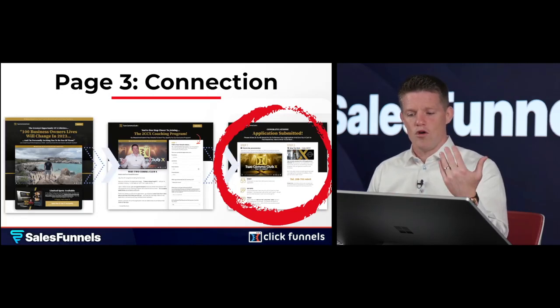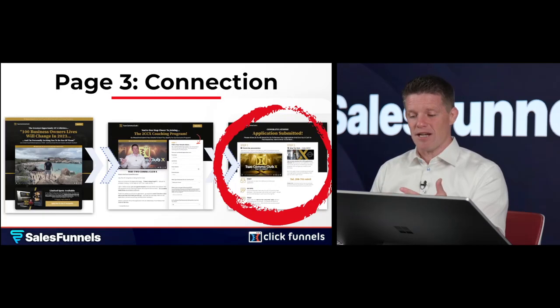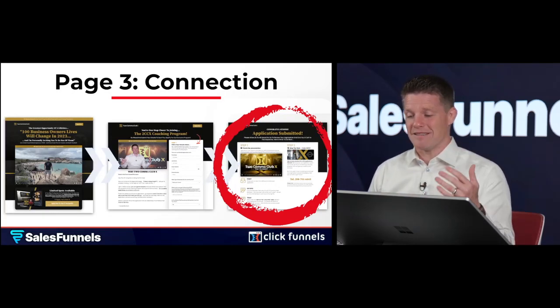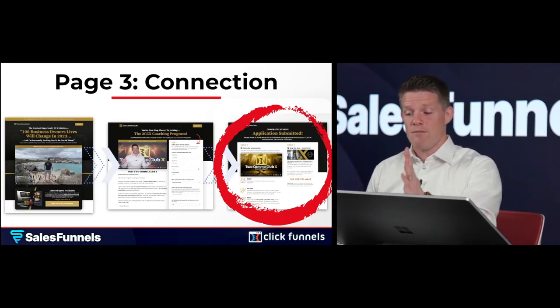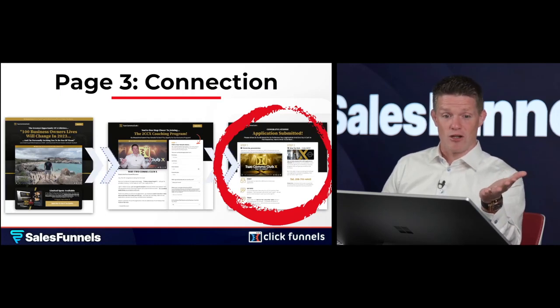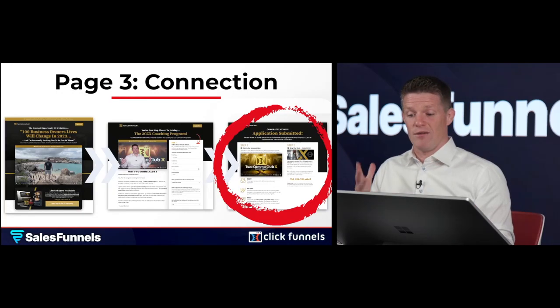We do have someone who can jump on the call and take credit card applications if you want. But at the same time, what we've been doing now, on top of this, is, I just stress out managing salespeople. So right now, we don't even have salespeople that take these phone calls. Basically, on this page, if they're a good fit, we show them a page that says, congratulations, you're a good fit. Here's how you sign up and give the credit card. If they're not a good fit, we say, sorry, we're not a good fit.